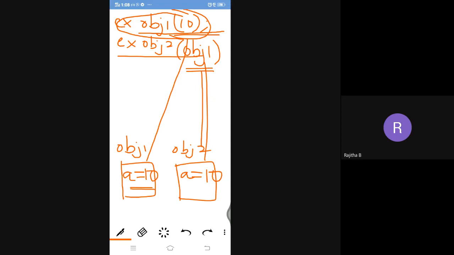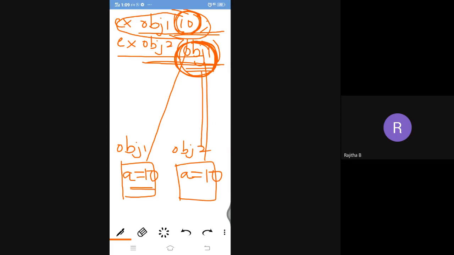But in obj2 of obj1, when I take the second object, what is the parameter here? Here 10 is the parameter and it is an integer value, and here the parameter is an object, not a value or an integer.